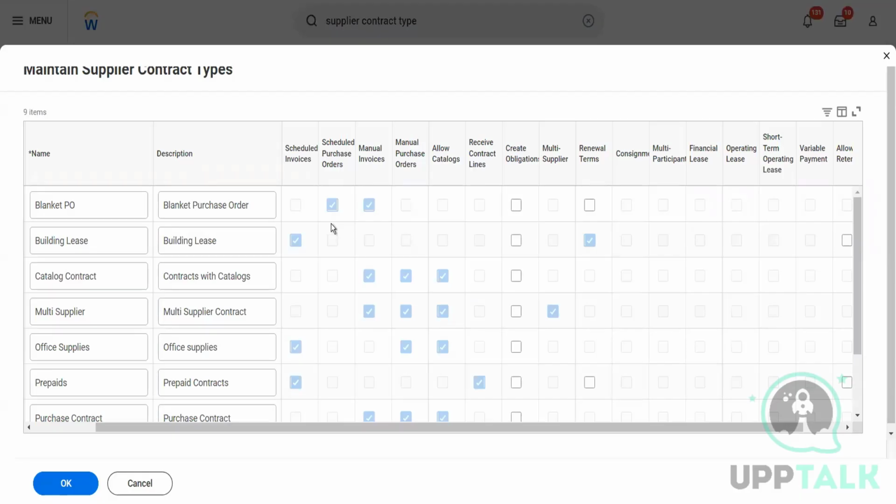If you want to create a scheduled purchase order from it, do you want to create manual invoices from the supplier contract? Then yes. Do you want to click on manual purchase orders? Yes. Do you want to allow catalog from this one? Yes or no. Receive contract line, create obligations, renewal terms, and all this. So let's create one,